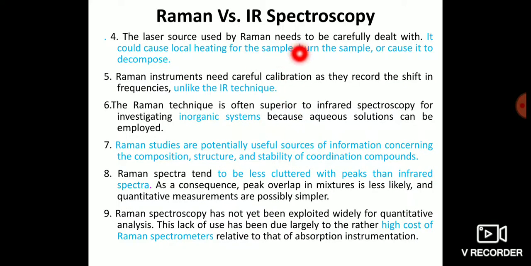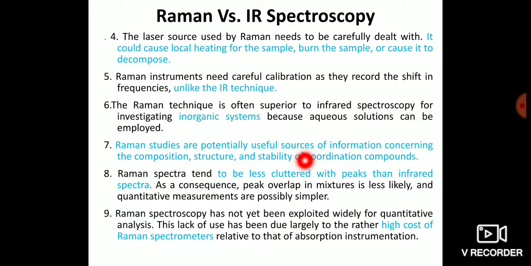Laser source used by Raman needs to be carefully dealt with, so it could cause local heating up for the sample, burn the sample, or cause it to decompose. So careful dealing is very much required. Raman instruments need careful calibration as they record the shift in frequencies, unlike the IR technique. तो यहाँ पर चूँकि हम लोग शिफ्ट ऑब्जर्व करते हैं, तो रामन स्पेक्ट्रोस्कोपी में कैलिब्रेशन बहुत इंपॉर्टेंट है। रामन स्पेक्ट्रोस्कोपी इंफ्रारेड स्पेक्ट्रोस्कोपी या आईआर स्पेक्ट्रोस्कोपी से सुपीरियर भी मानी जाती है अगर हम इनऑर्गेनिक सिस्टम्स की बात करें, क्योंकि यहाँ पर एक्वा सोल्यूशन भी हम लोग यूज़ कर रहे थे, जो हम लोगों ने पहले भी डिस्कस किया था।